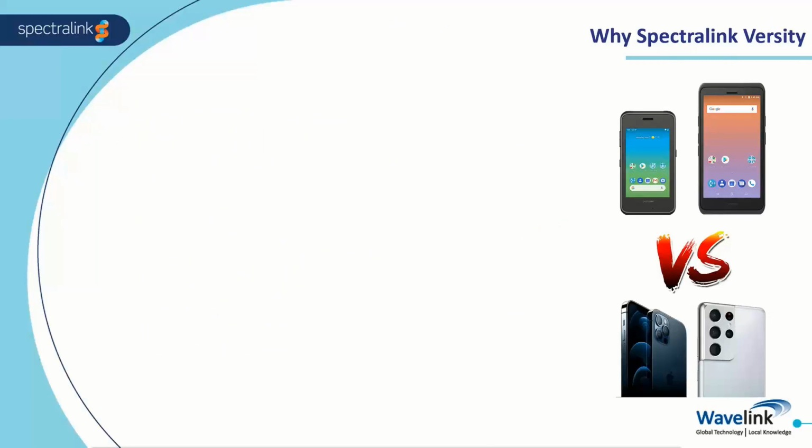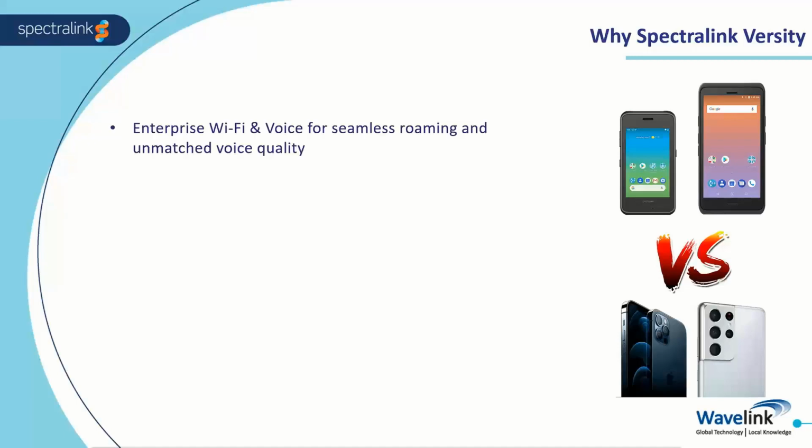Having a look at the why in terms of that Spectralink Versity conversation. Everything that is going to be listed here is basically what a consumer grade device can't do. So the handsets themselves have been designed, again, for an enterprise grade solution. So even the Wi-Fi chipsets that are in these handsets are actually designed and have enterprise grade Wi-Fi chipsets in them. So when teamed with a properly designed Wi-Fi network, so a voice over Wi-Fi solution, you are going to